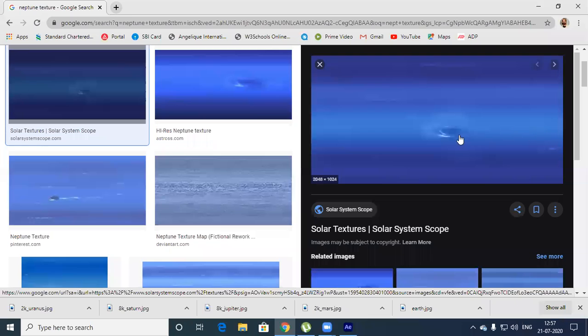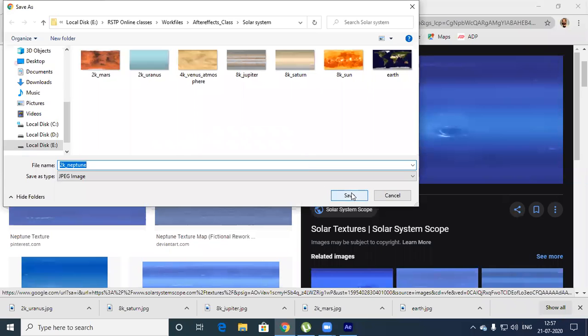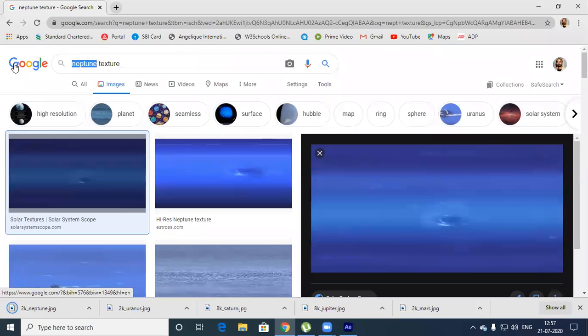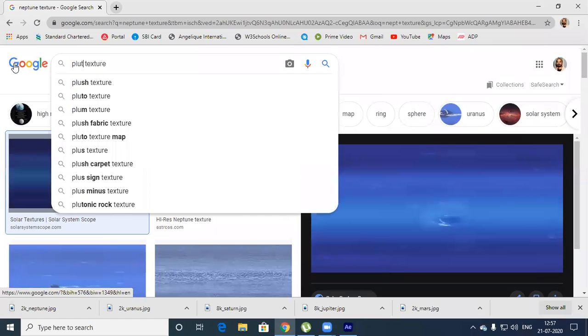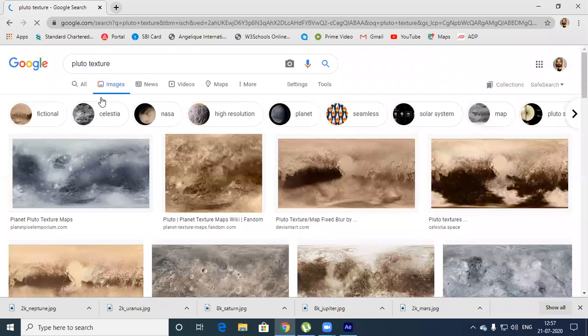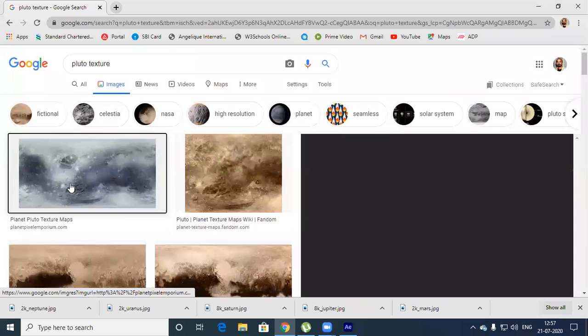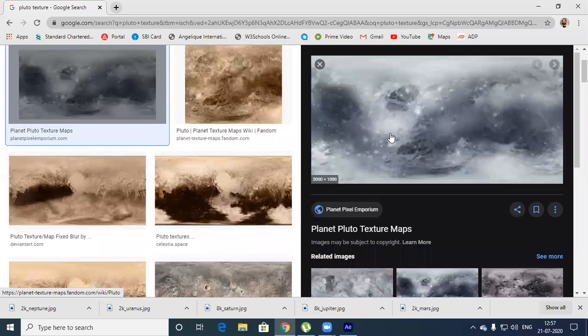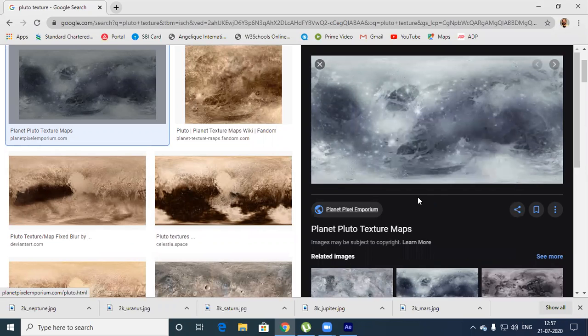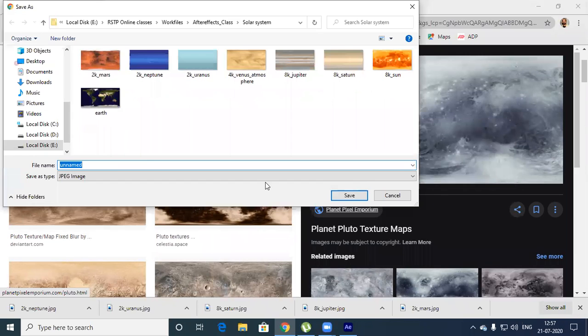Jovial planets consist of watery elements, so that's why you can see a lot of blue tints in this. So this is Pluto.